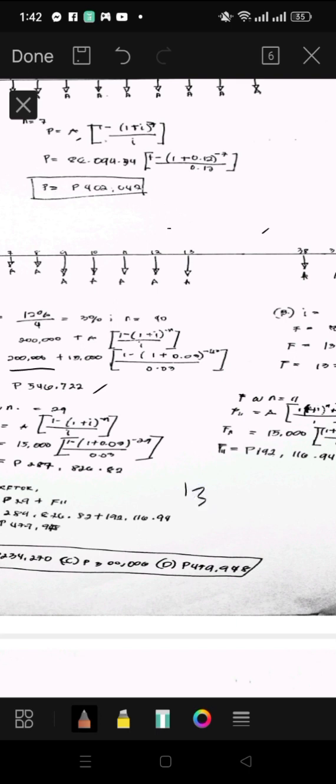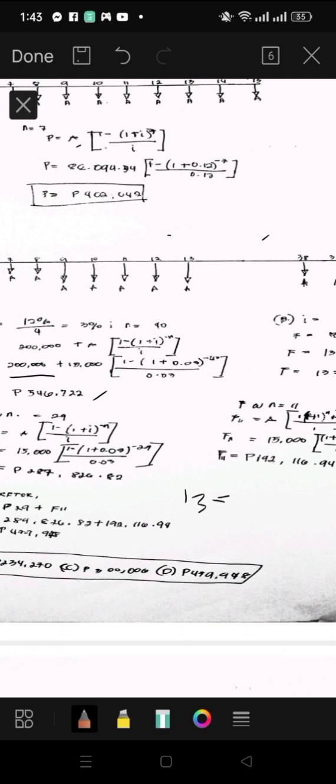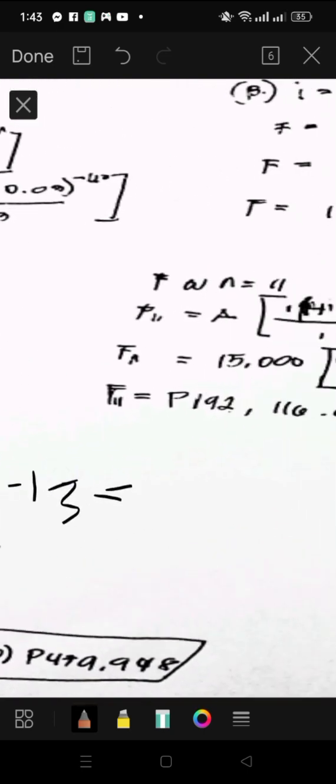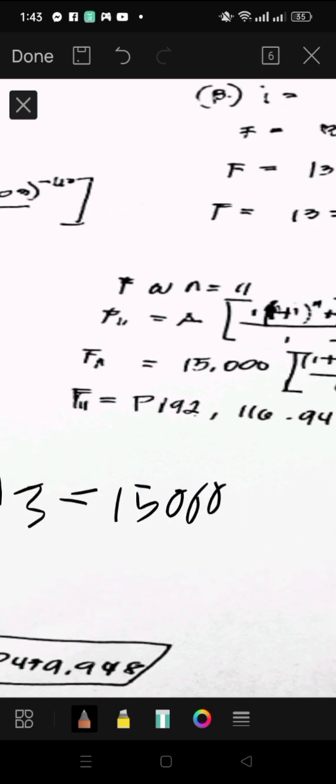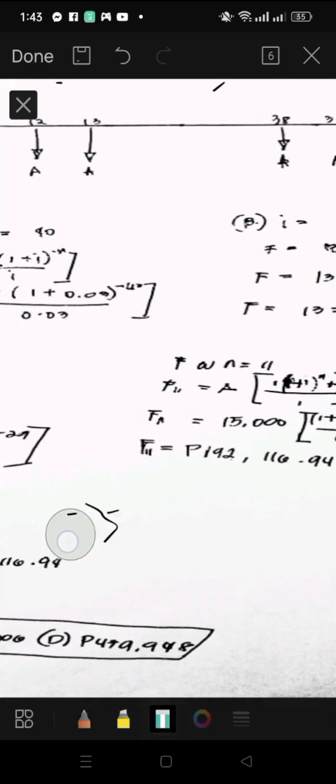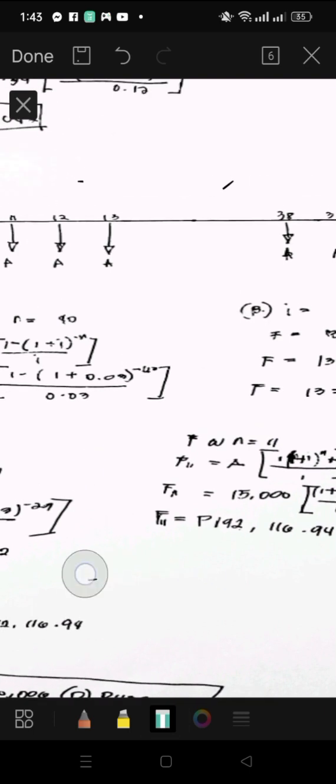So F is equal to A times the quantity of 1 plus i raised to the power of n minus 1, over i. So simplifying, F is equal to 15,000 times the quantity of 1 plus 0.03 raised to the power of 13 minus 1, over 0.03. So the final answer is